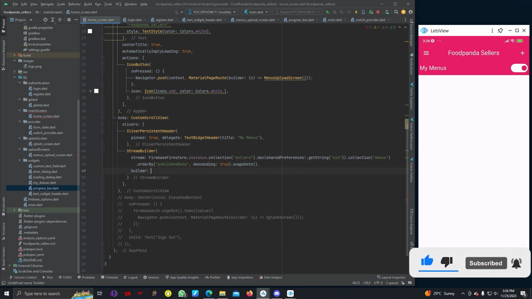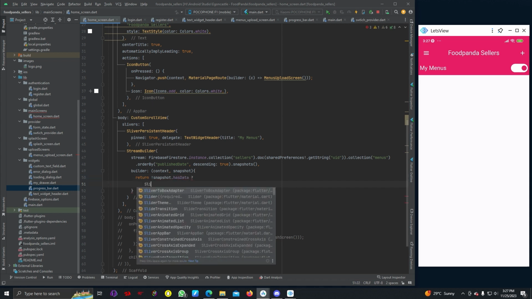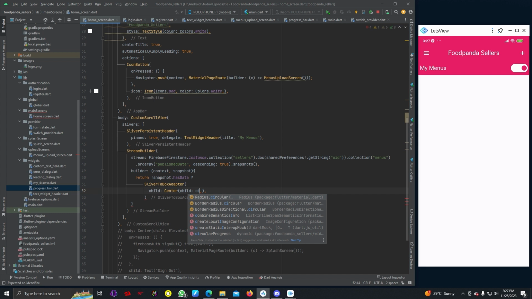And in the builder we can write context, snapshot. Here we can return, if snapshot doesn't have data, then we are going to pass SliverToBoxAdapter, child: Center, child: CircularProgressIndicator,